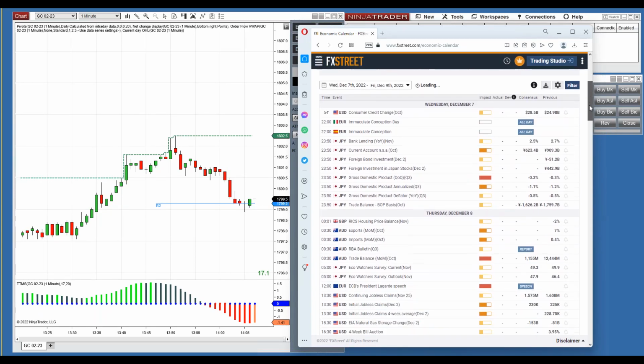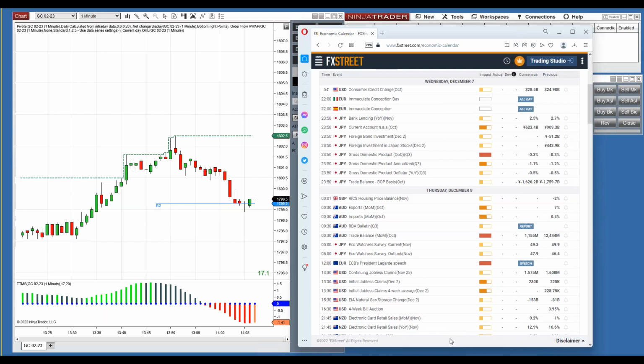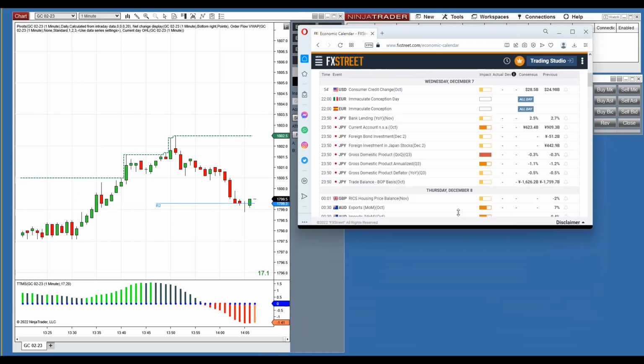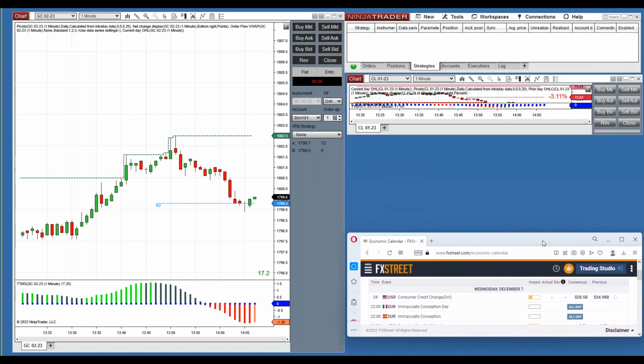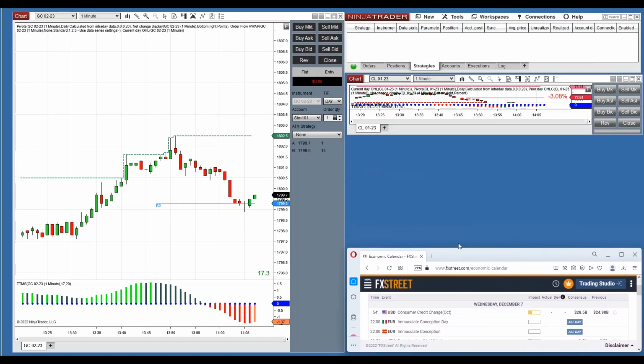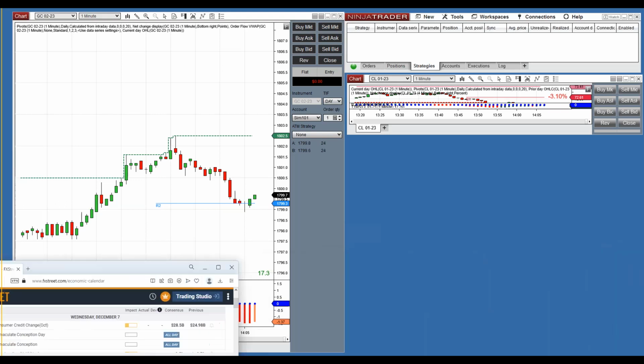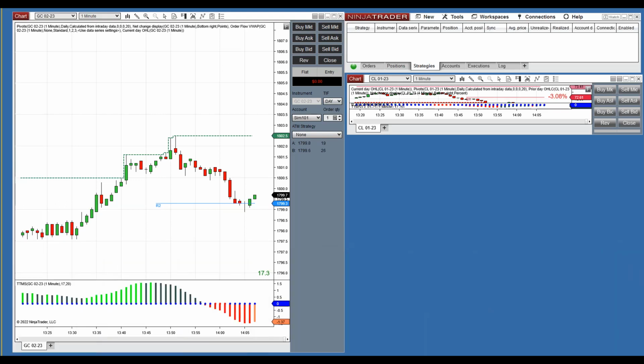FX Street has a very nice calendar. You can shrink it, okay? If you want to trade consumer credit US, you can put FX Street into your chart. Doesn't look quite as good as investing.com, so FX Street is my backup. My main tool I pay for,